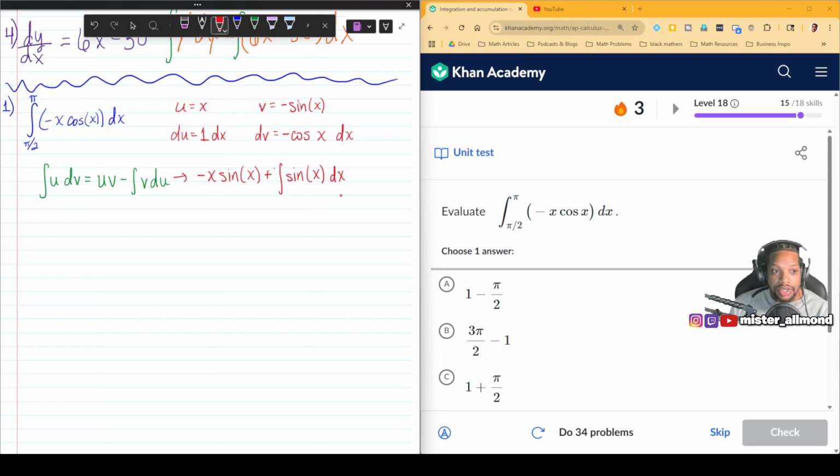So let's see if I can get anybody in the chat. Let's see if I can double tap the screen 3 times. I'm trying to get 10 likes. If I can get 10 likes, that'll be clutch. But okay, so